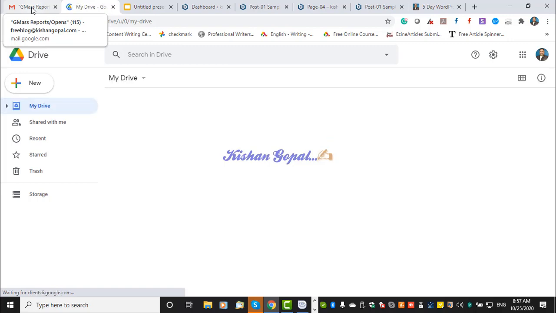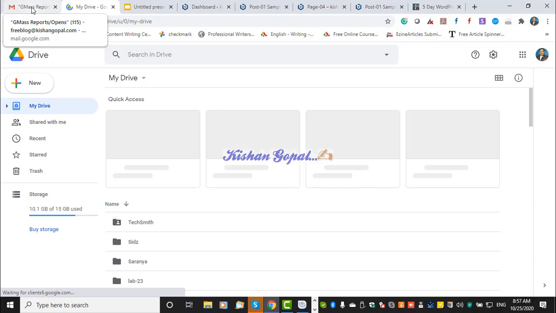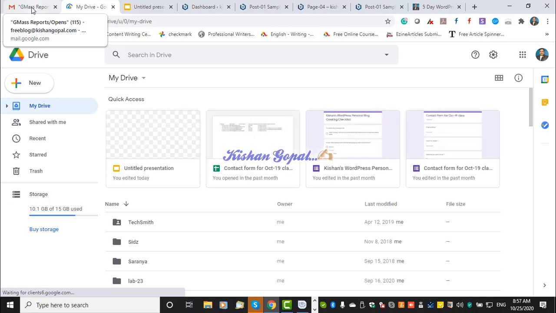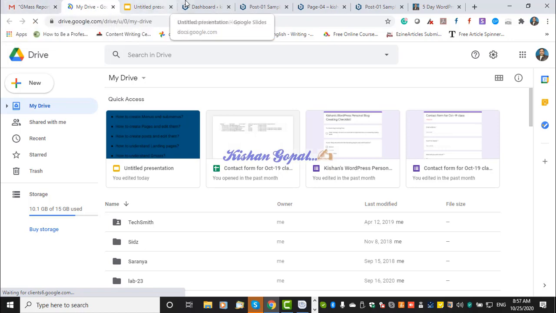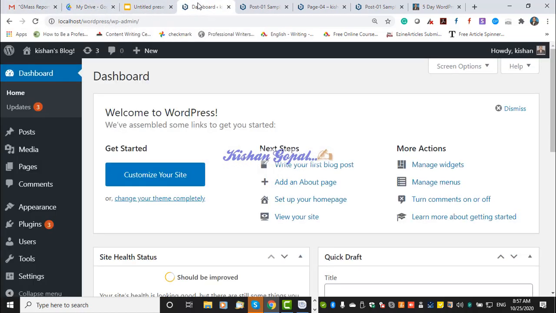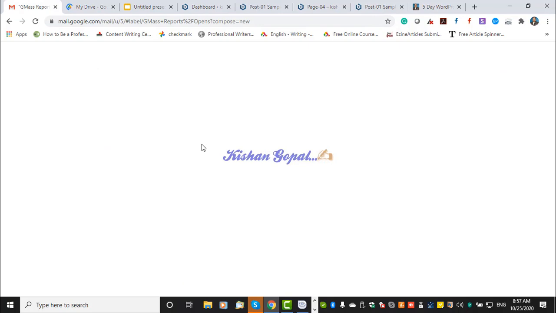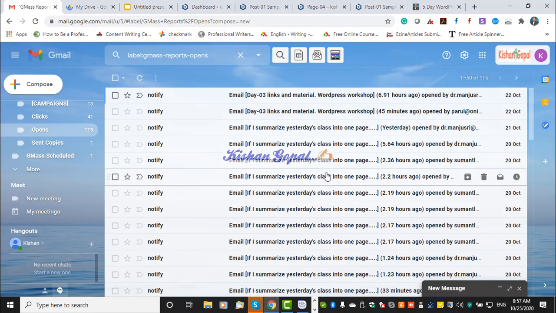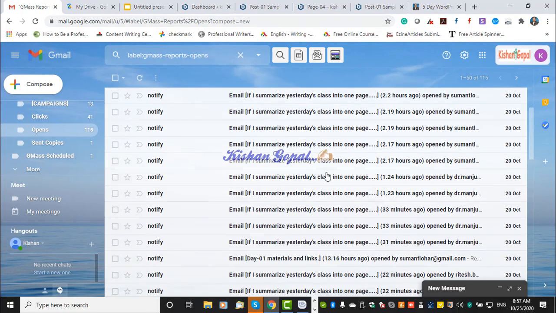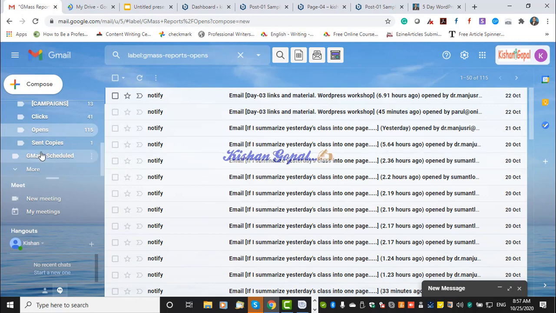And by understanding user activity, like how many of you have opened your email, how many didn't open it, and how many unsubscribed from your email list, you will be able to understand all those things. Here also, I get notified whoever opens an email, so that I can schedule my next email depending upon this. So this is all free.